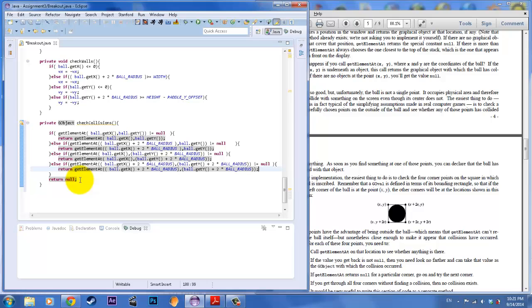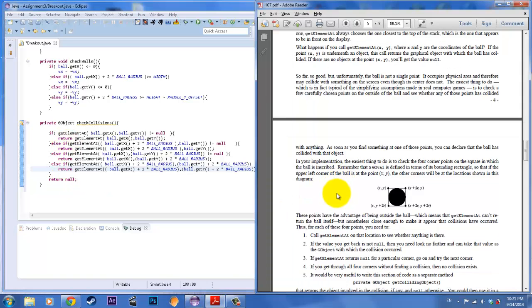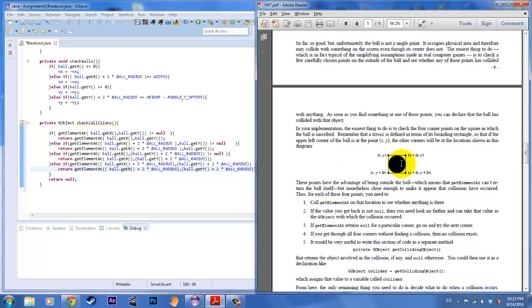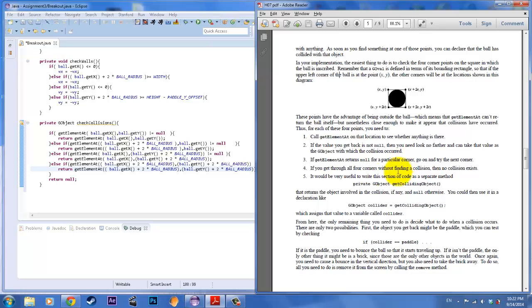Okay, so if there is something there, it would check the collision, and if the collision contains some kind of object, it would return that object. If it's not there, then it's going to return null. Alright, so that's how we would check the object at that location when the ball collides into some kind of object. Okay, and now what we want to do